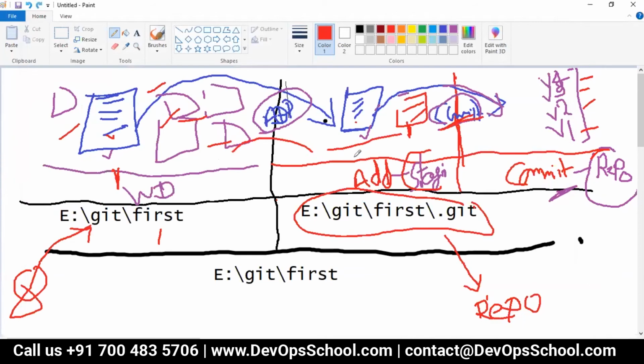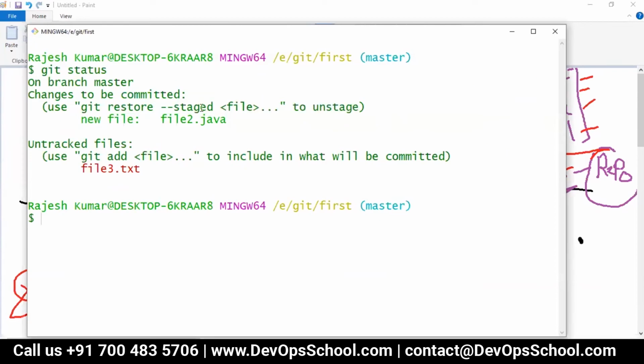Unstaging means anything which you sent to staging you can move back. For that, you have to run this command. So it's a new file. Again, it's a new file for the whole repository. That's the reason it's reporting the new file. So right now this file is in staging. This file is in